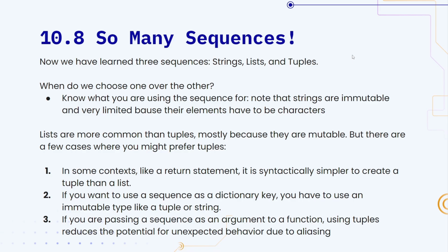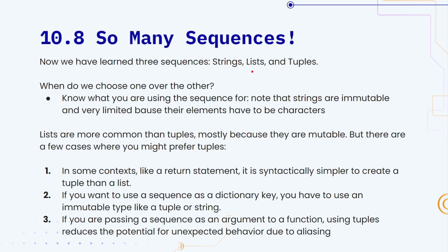So we've officially completed tuples and sequences in general in Python. We've learned strings, lists, and tuples, and of course dictionaries. But one thing we have to note is, how do we choose? Dictionaries are easy to choose, but how do we choose strings, lists, and tuples over the other? First of all, I feel like the biggest one is choosing strings over lists and tuples,